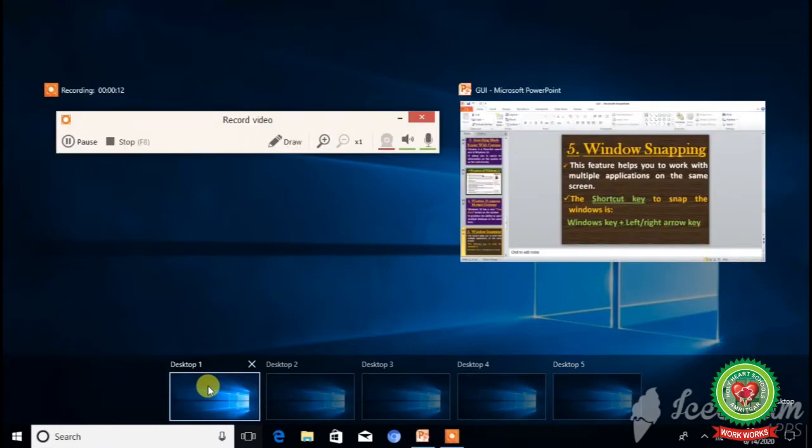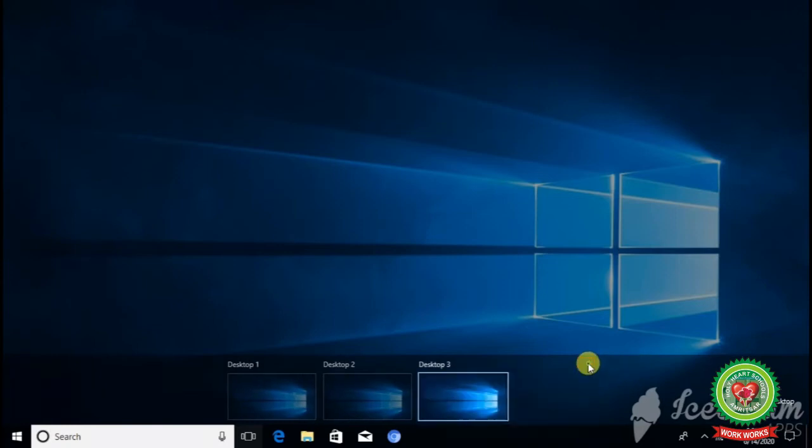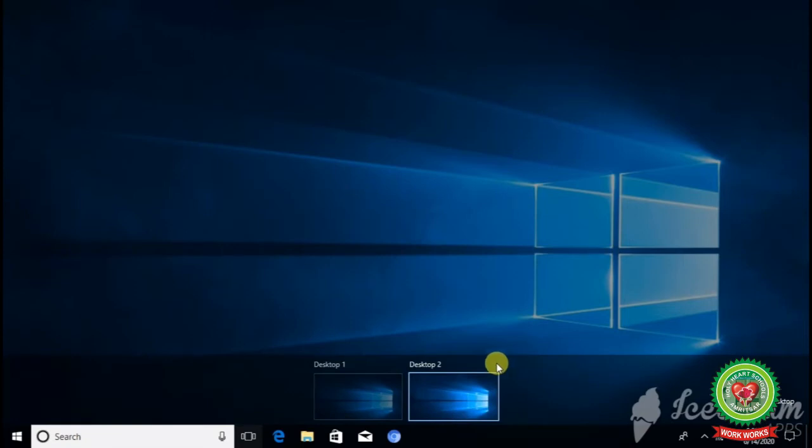So firstly, on desktop 1 you can see that I have opened two applications, and if you want to delete any desktop, then you just have to click on this close button, and the desktop will be deleted from the screen. So this is the use of multiple desktops by using Task View button on the taskbar.